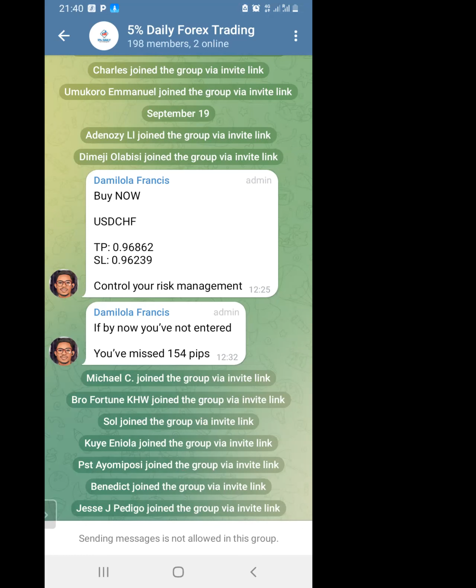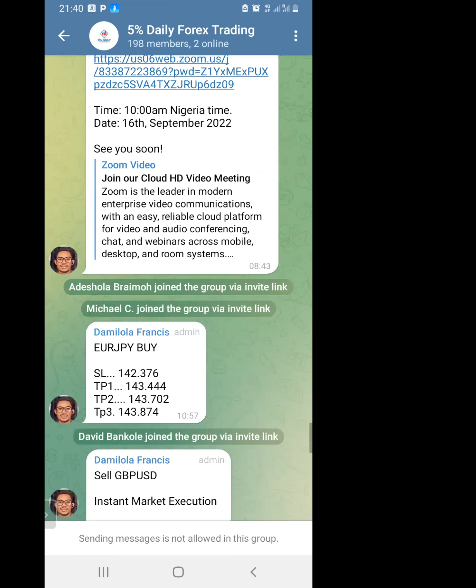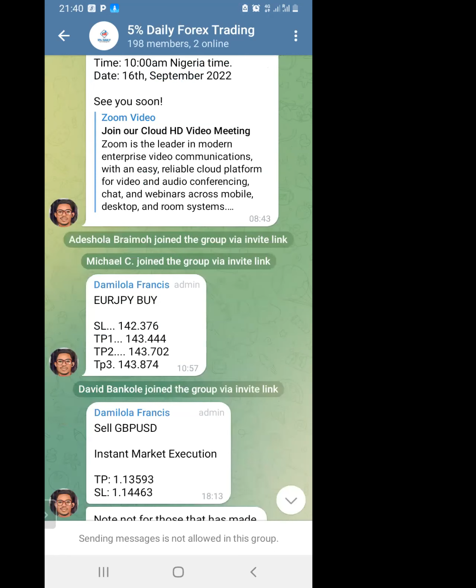But let me not start from there. This trade was dropped last week. Euro JPY. It said buy, stop loss, take profit 1, take profit 2. When you see TP, it means take profit 2, take profit 3. Now what they are saying is that